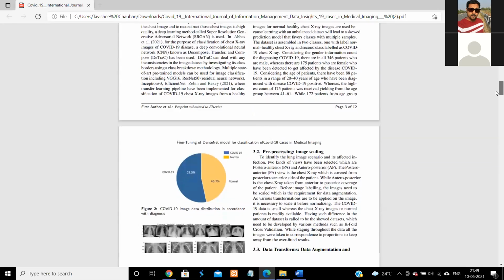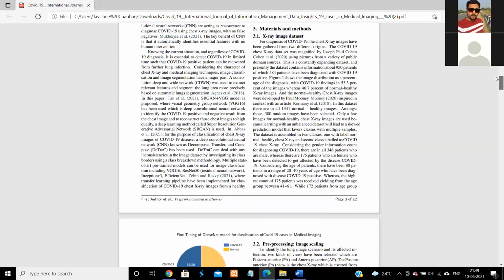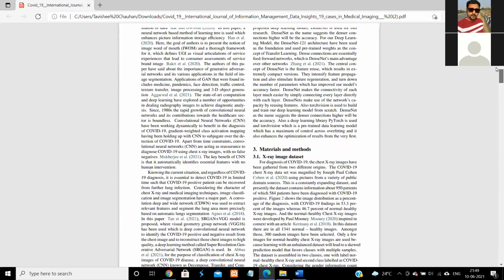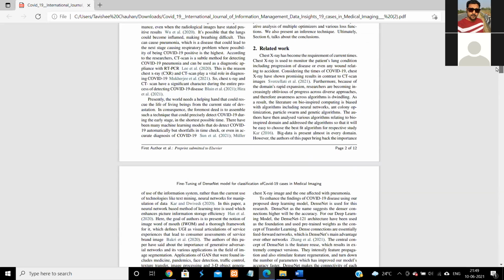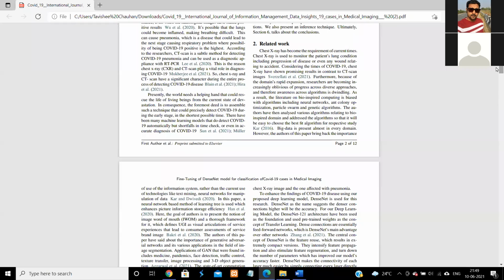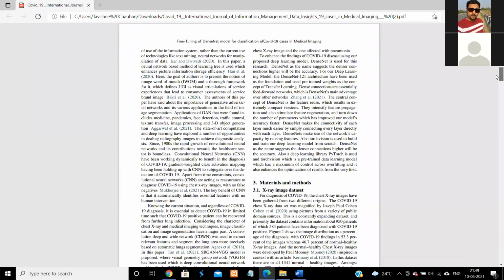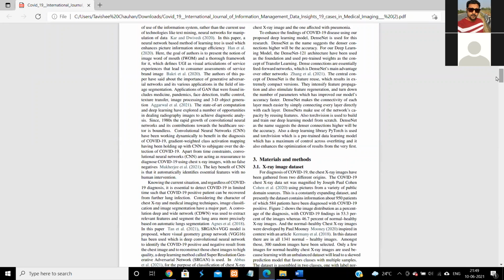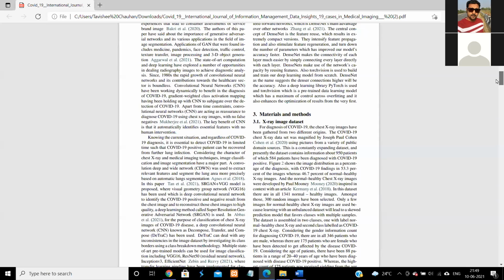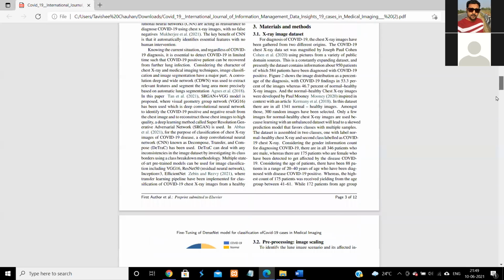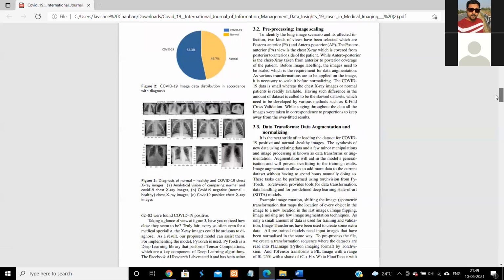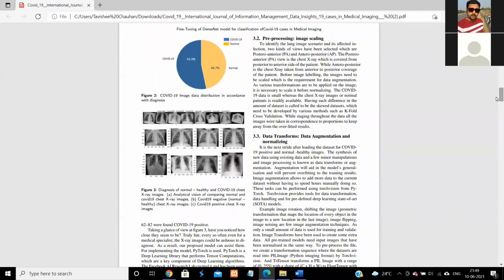Right. So in related work, we have talked about all the things that have happened with reference to COVID-19, on what kind of techniques people have used. Because in image processing, there are various ways in which they can do it, right? Using VGG16, you can use DenseNet. You can use EfficientNet, I guess. Right? And then you have spoken about the actual image data set that we have received. Next, if you just scroll down, then we talked about the processing methods and documentation that needs to be done.